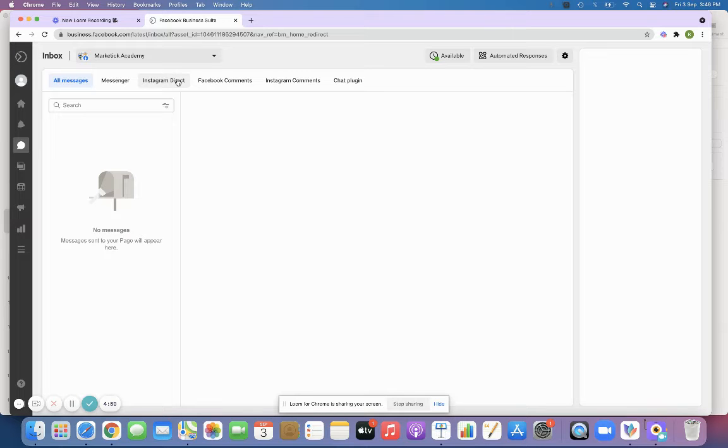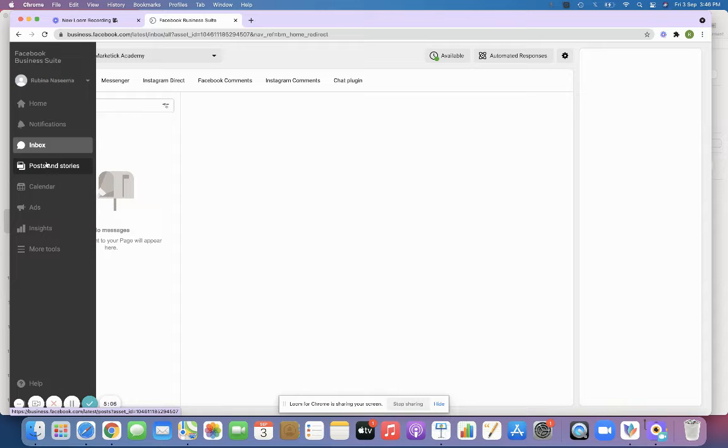That is why most marketers use this Facebook Business Suite, so that they can have the entire report of their Facebook and Instagram accounts in one dashboard. Once you start using it, you'll get used to this dashboard. It is not very technical, so everyone can definitely get used to this particular dashboard.